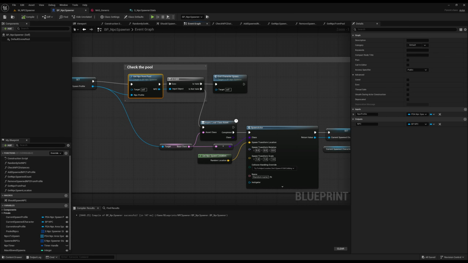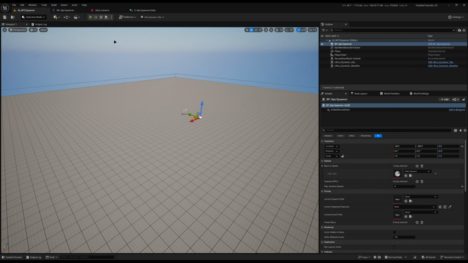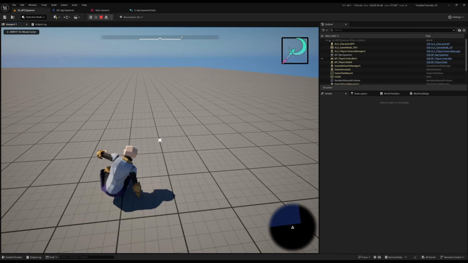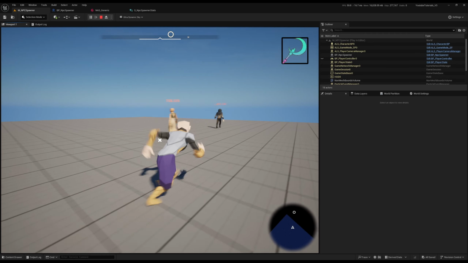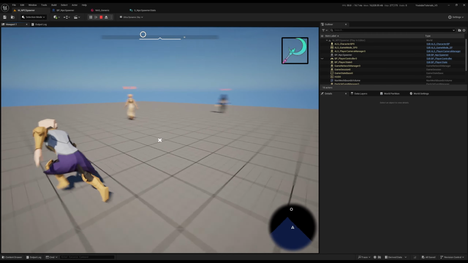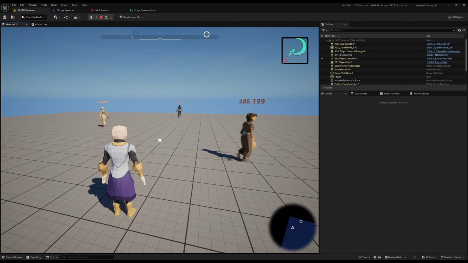So thank you for watching, ladies and gentlemen. I hope this was helpful. It was quite an in-depth one, this one, setting up the pool system, but it is an optimization that is absolutely worth it. In the next tutorial, we're going to try and approach the big one, the spawning them, not